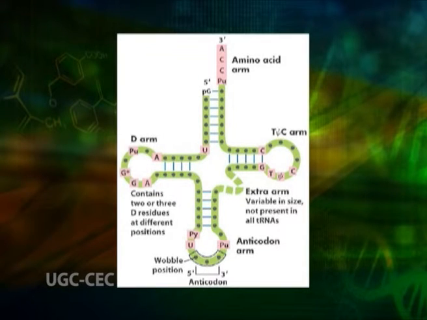Several models of the secondary structure of tRNA have been proposed, and of these, the cloverleaf model of Holley is the most widely accepted. Four different regions of double-stranded RNA are formed during the folding process. See the figure on screen. Now, let us discuss the cloverleaf model of the tRNA.